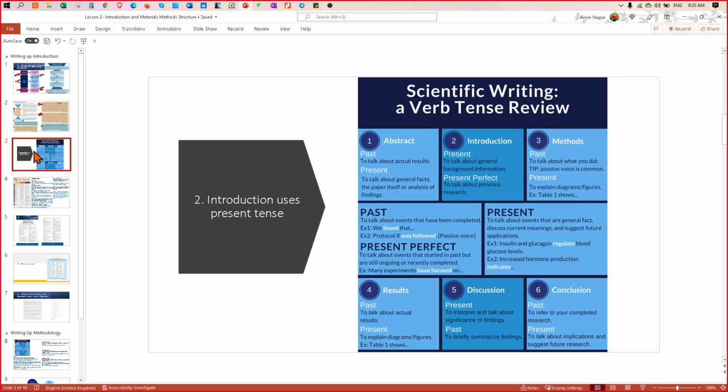That's why we use the present tense. You talk about the general background information in your introduction, and when you talk about previous research, use the present tense as well, but in the perfect form.